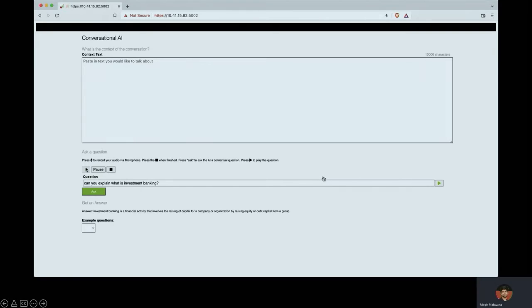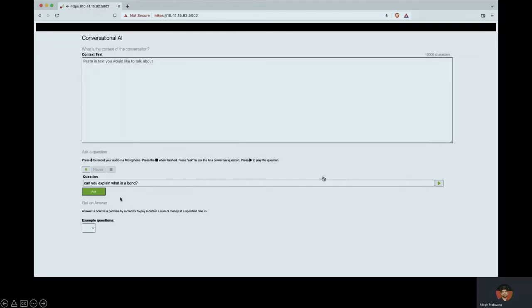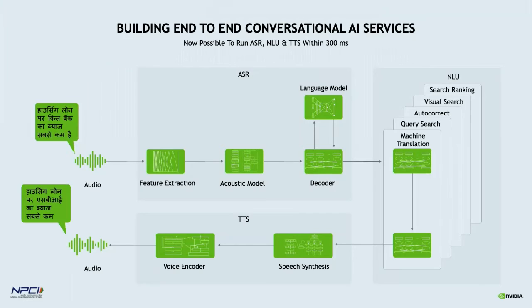Can you explain what is a bond? Question: can you explain what is a bond? The answer is a bond is a promise by a creditor to pay a debtor a sum of money at a specified time. So you can easily see the relation of this particular demo with the second example, where